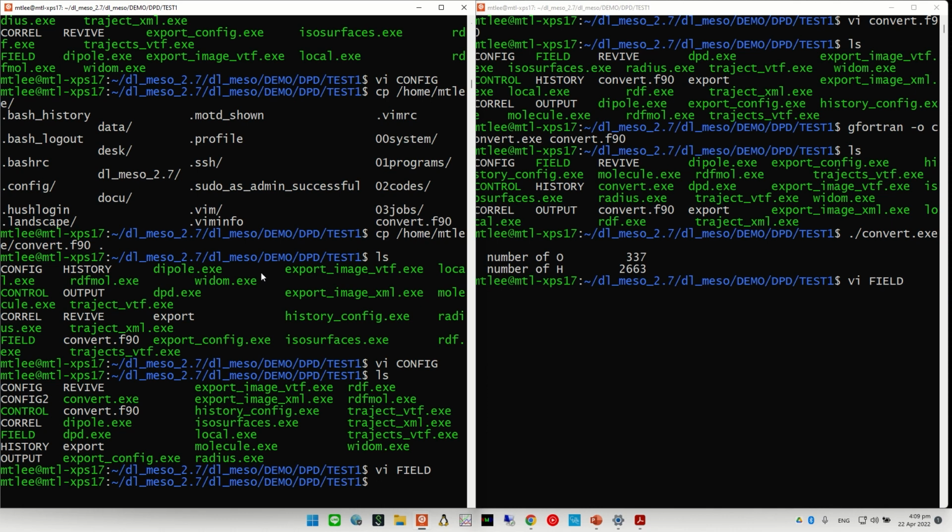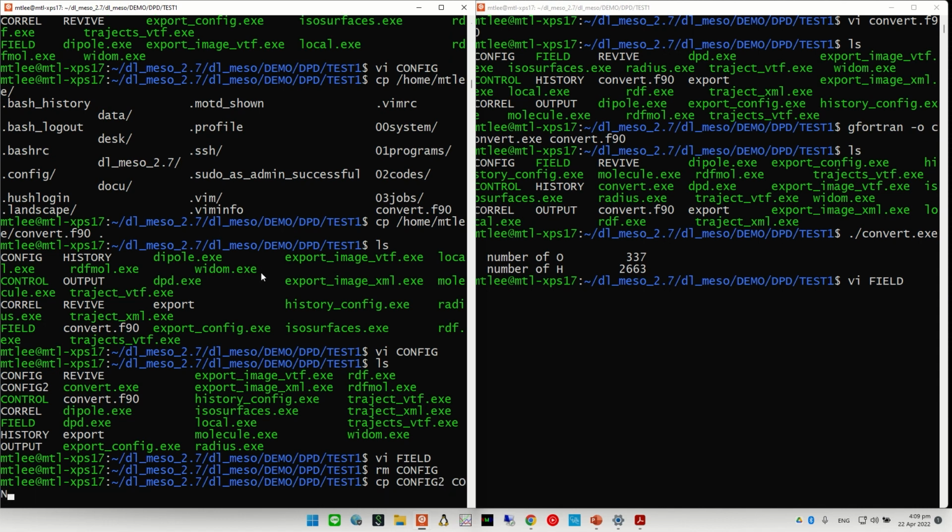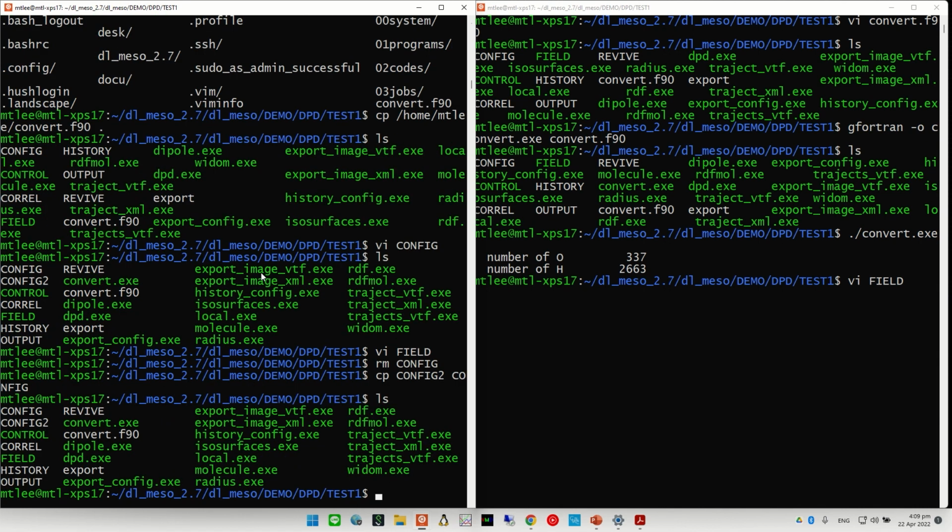And I'm going to leave this config file, the original config 1, which is totally mixed. We're going to remove it, and we're going to copy this config 2 to config 1. All right. So when I have a config file here and I run the simulation, it will start with the config file.